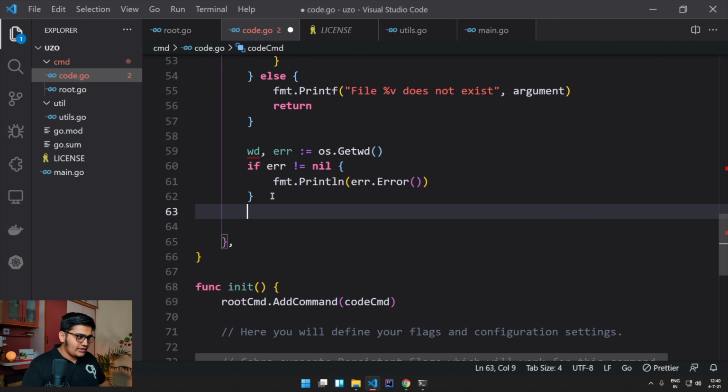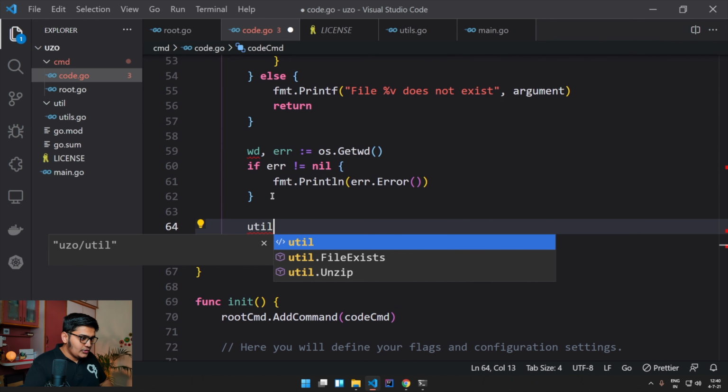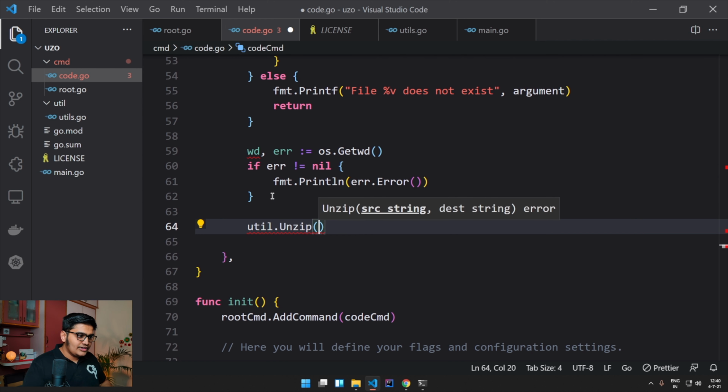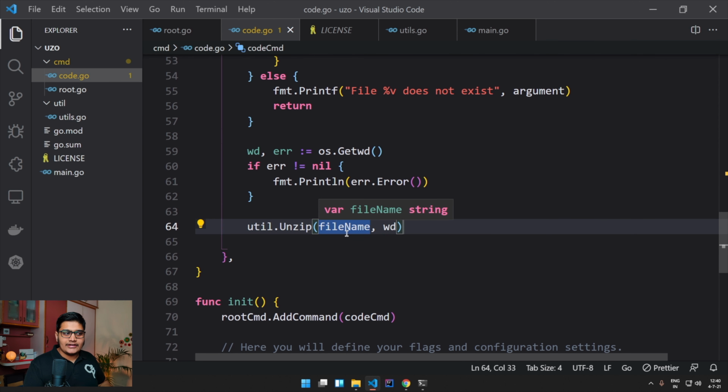Now I got the working directory, so I need to call the util.Unzip function over here, and here I need to pass the file name and the working directory. So here at this point, what will happen is it will unzip the particular file with the same name over here. Okay, now I need to go inside that particular directory and I need to open my editor.